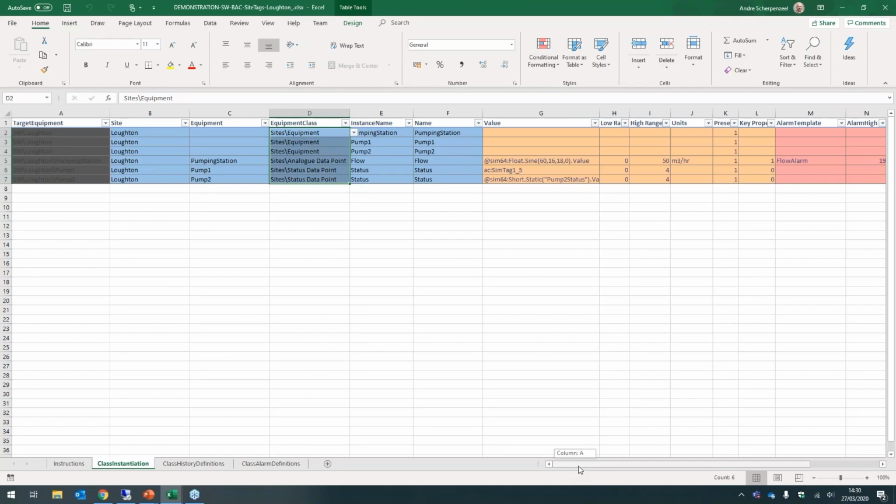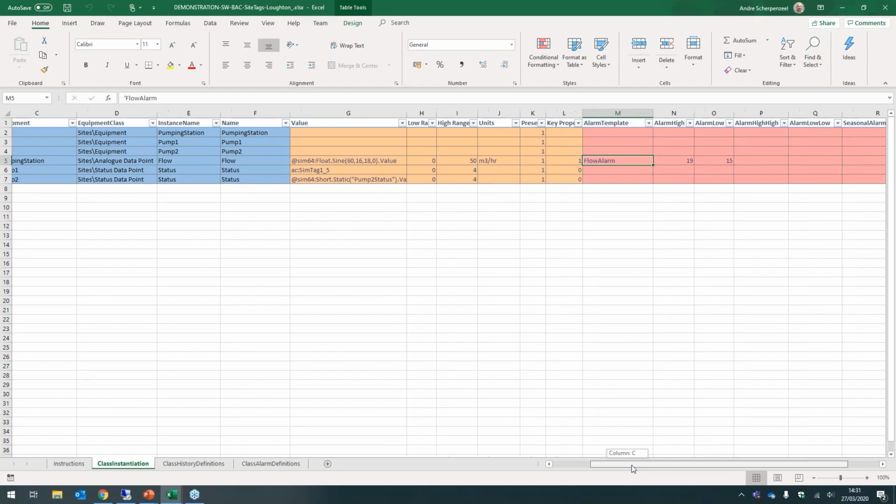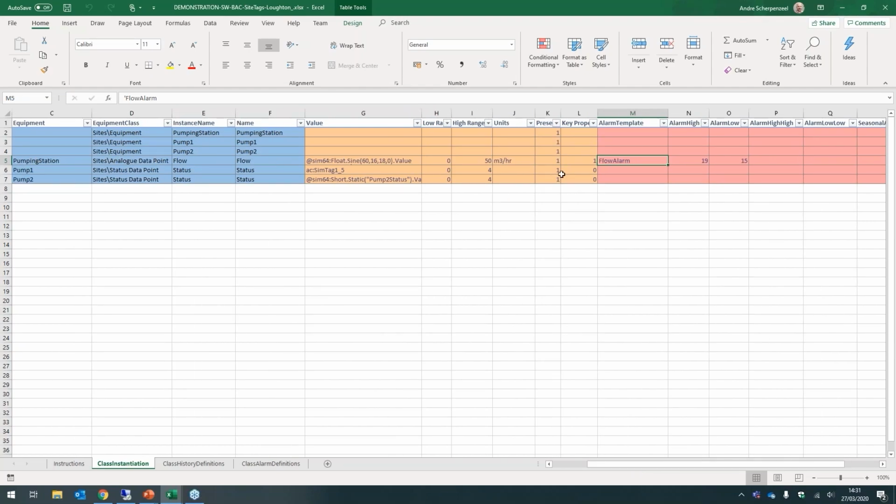And then the key part here is that you fill in these simulation tags of different kinds, but this is where you would point it to your PLC tag. You may type in some low and high ranges if they're not automatically defined. You could type in some units, and also at this point, in this case for the flow, we